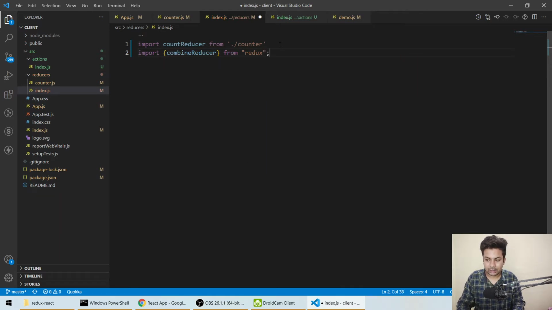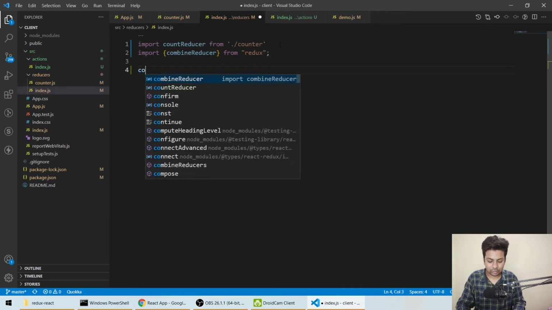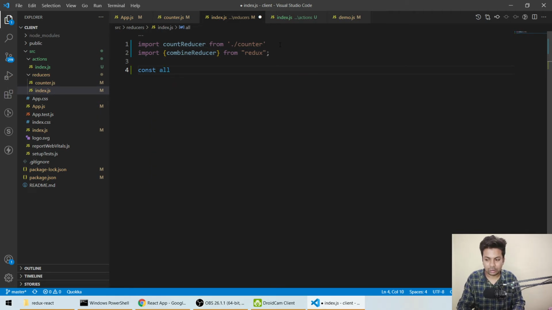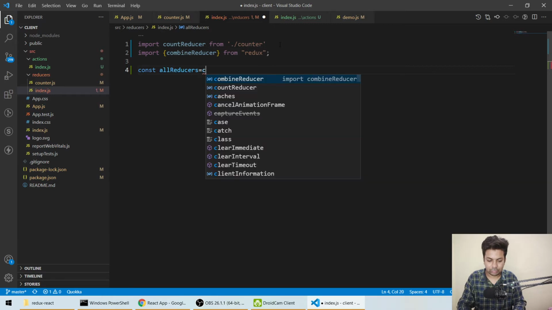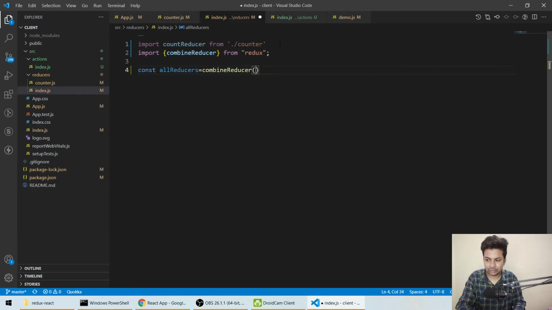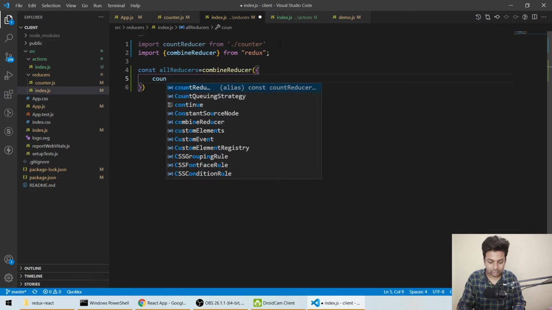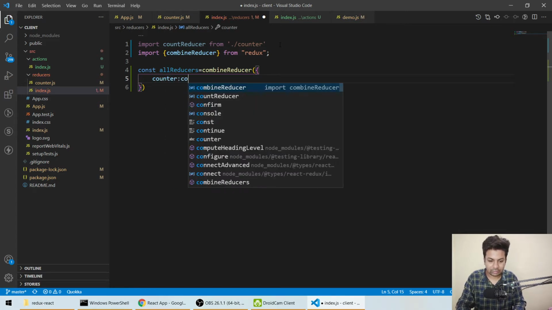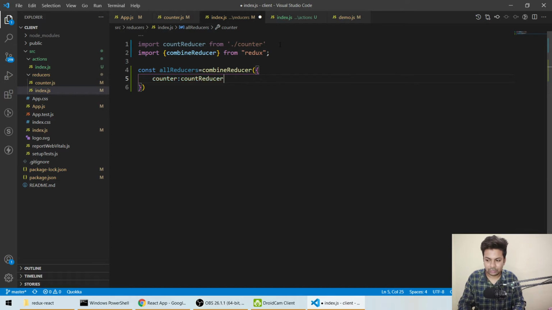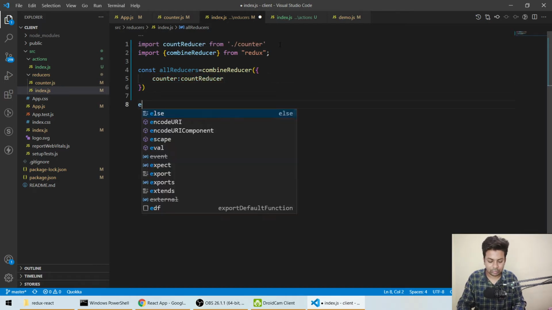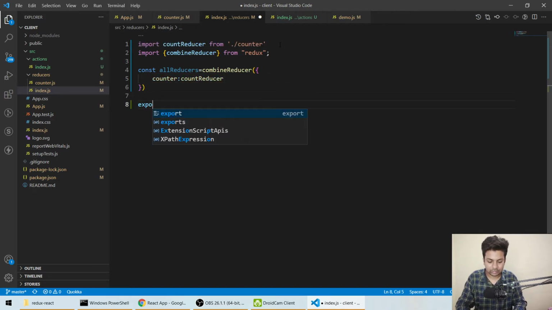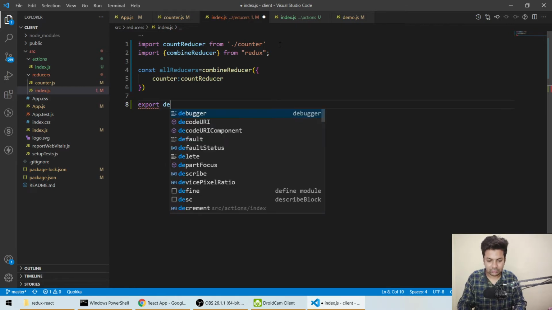Now const all reducers equal to combine reducers. Here the name will be counter, and here we'll call it count reducer, and we'll export it, export default all.